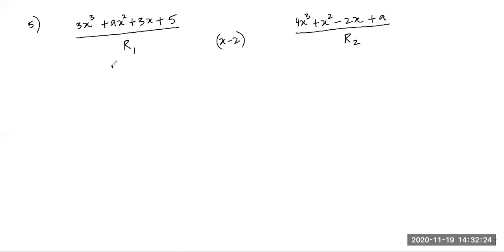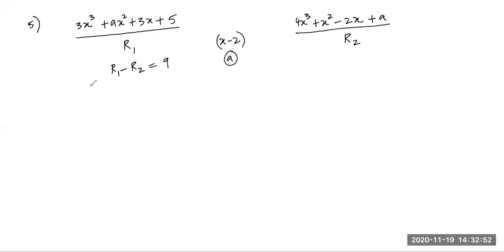So it's also given that R1 minus R2 is equal to 9. Find the value of A. Super sum. So don't worry, we will not be frightened. Can anyone help me how to do it? Yes, Monrose, first we will find the remainders. In place of x we will put 2.